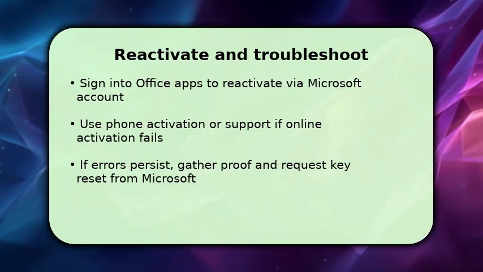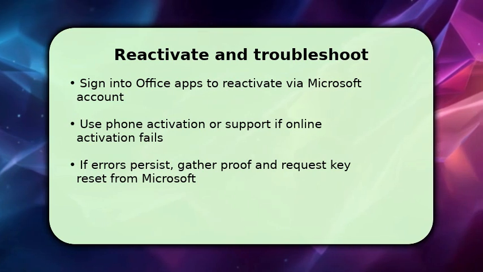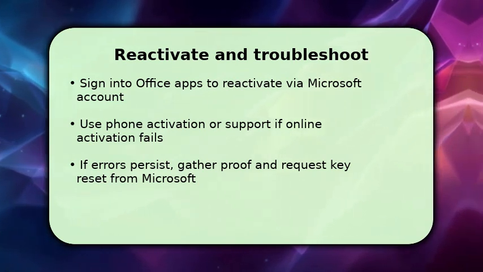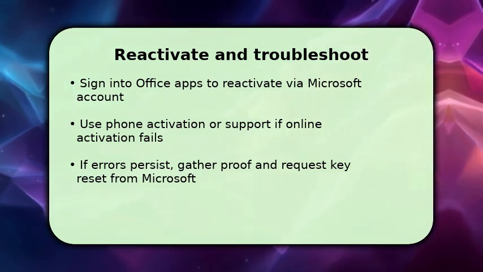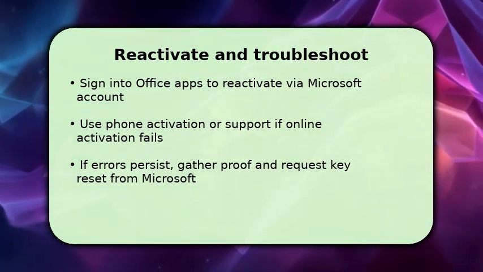Finally, reactivate Office by signing into any Office app with the confirmed Microsoft account. The license should attach automatically. If online activation errors appear, use the phone activation option or run the activation troubleshooter to get an error code